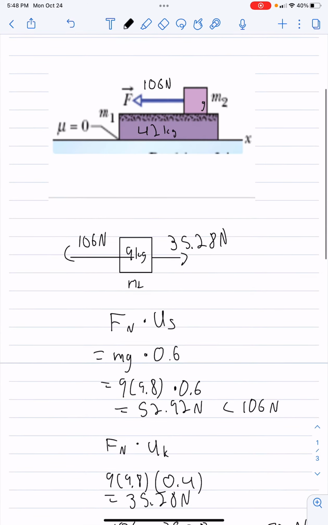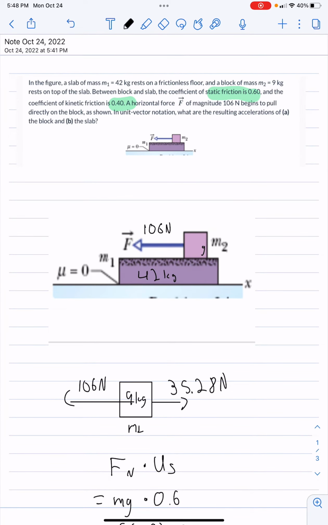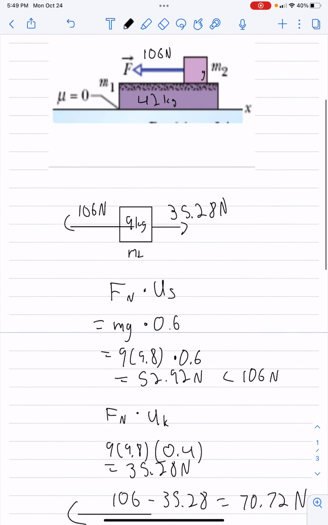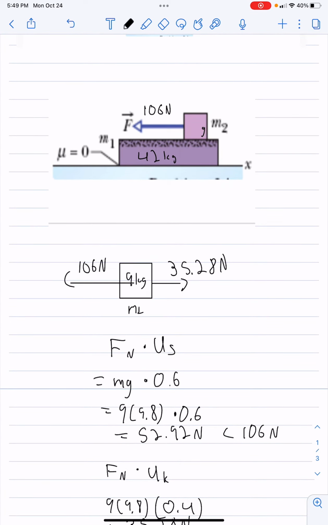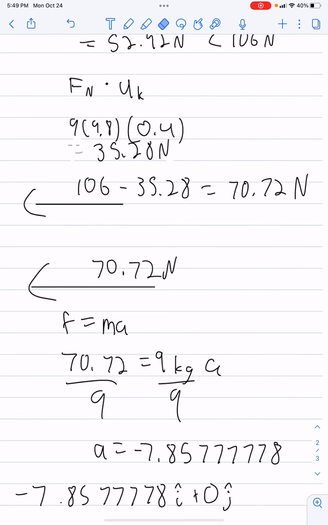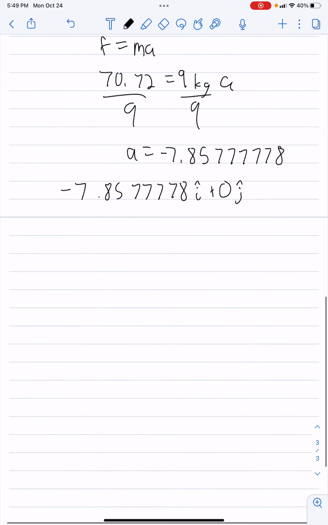And now for part B. What are the resulting accelerations of the block and B, the slab? So in terms of the slab, the only force that we have acting upon it is the friction force between the block and the slab. We know what that friction force is. That friction force is 35.28 newtons. So the force acted upon the slab is 35.28 newtons, which is equal to its mass